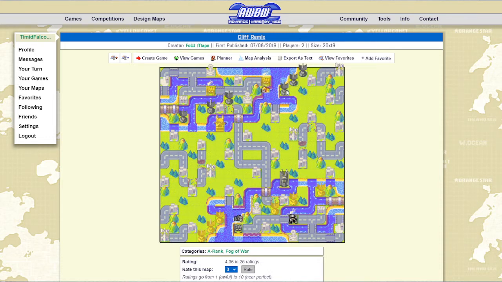So whenever you ferry infantry from this base to these labs over here, your opponent's going to be able to know about it, and they're going to be able to know not only where you're deploying them, but also if you're bringing over any mechs over here. And that's pretty important as well,